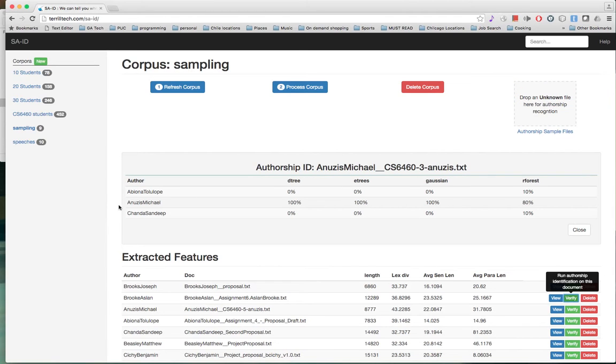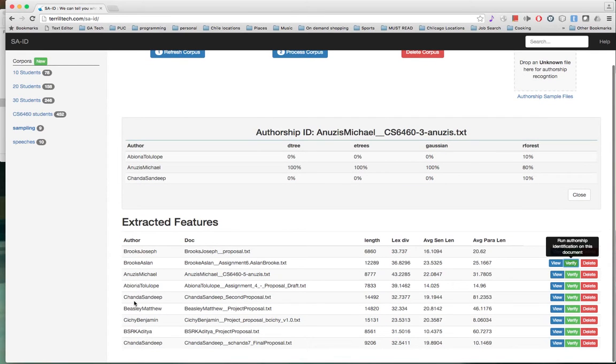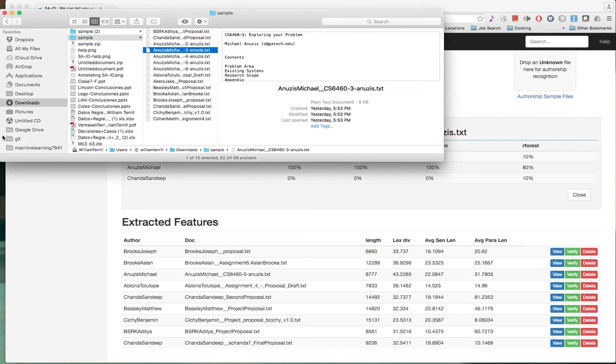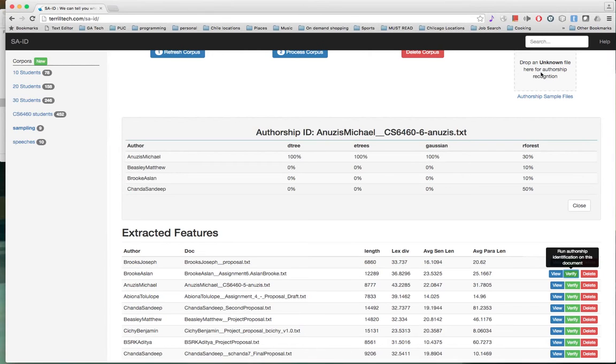And you can see that using only this one file here from Michael Anouzis, it is able to take a guess 100% for decision tree and extra tree and Gaussian, but it does see a little bit of overlap with two other students. So let's grab another file. Let's do number 6. So if I grab this, put it on over,